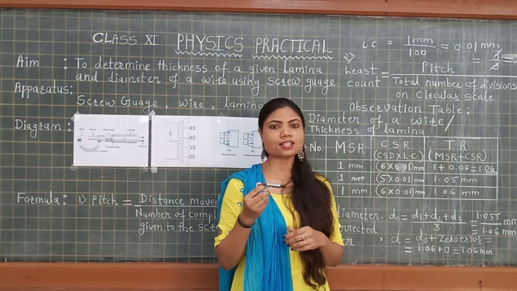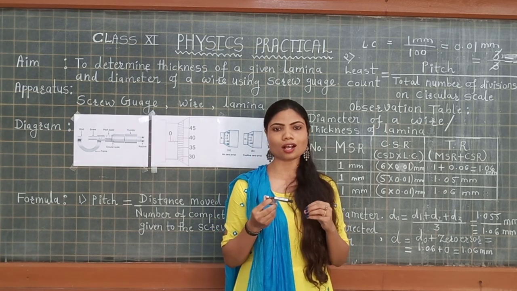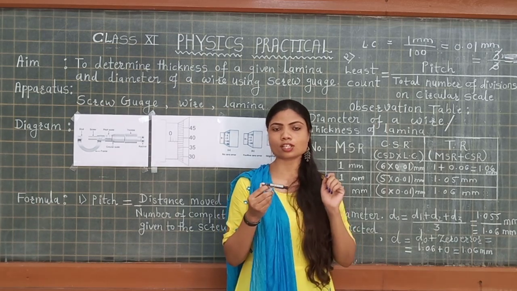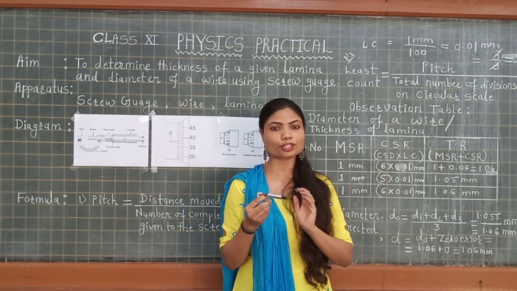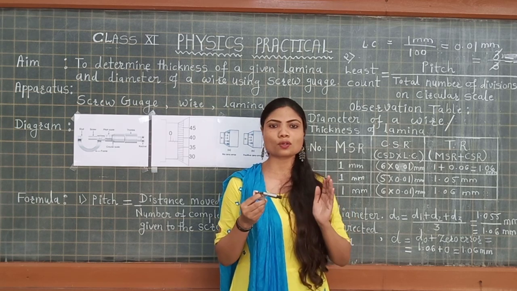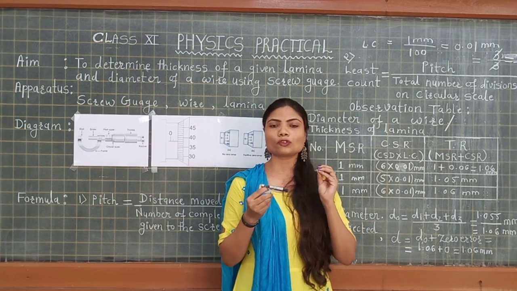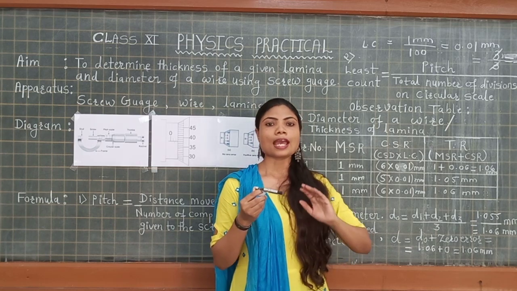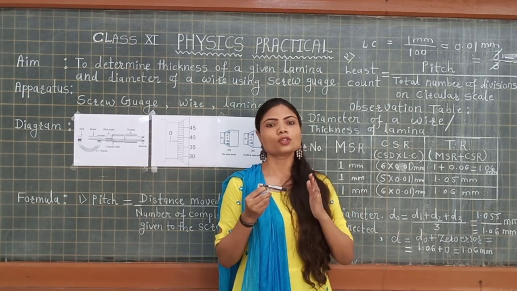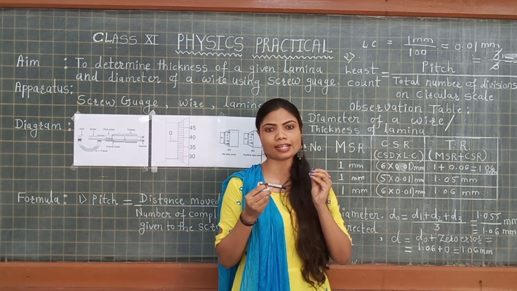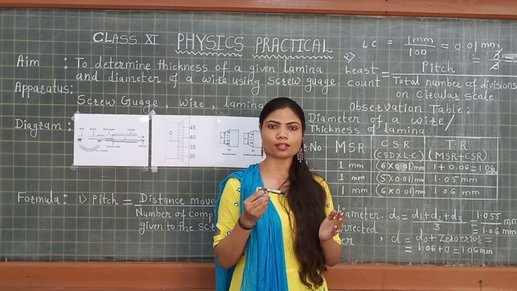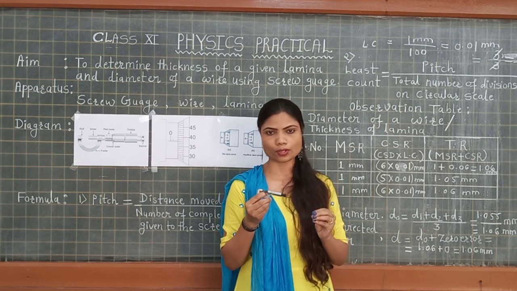So the preventive measures to be taken in this practical are important to understand, so that you can avoid your errors, right? If the sources of errors are known, then only you are able to remove them. So first you have to pay attention to the zero error. As soon as you calculate the least count, you have to first calculate the zero error, and if there is any error, as in our instrument there is no zero error, so we have not worried about it. But if there is any error, either positive or negative, accordingly with the help of addition of the errors, you are going to avoid this zero error.